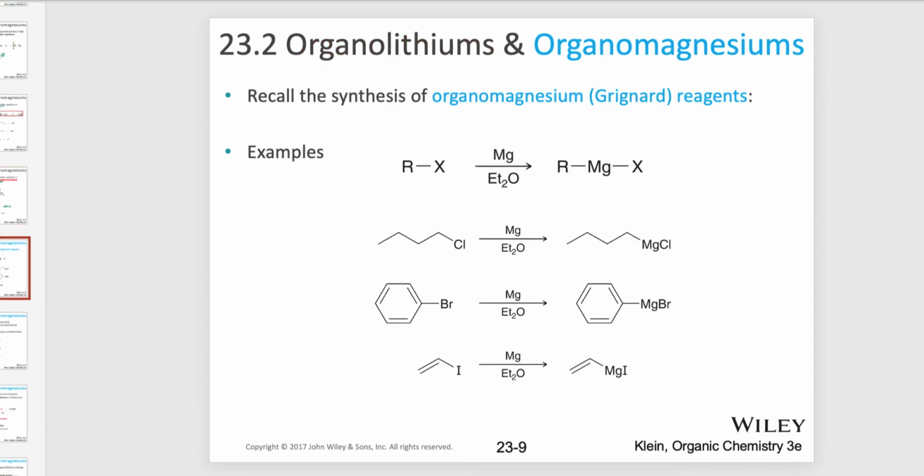Recall that the synthesis of organomagnesium compounds is very similar. We start out with a halide. So these are our Grignard reagents. We basically get an insertion into the R-X bond. So we get RMgX. But remember, this is a very powerful nucleophile, R:⁻, that is generated in